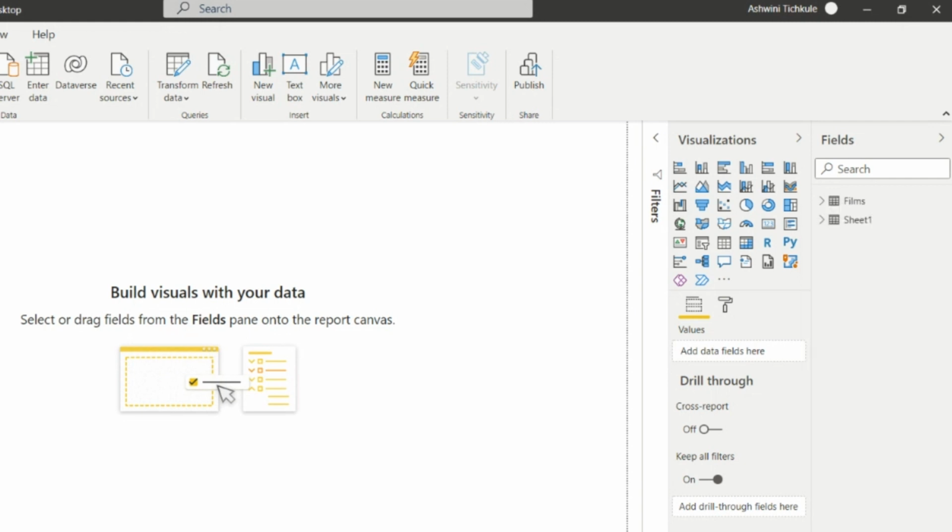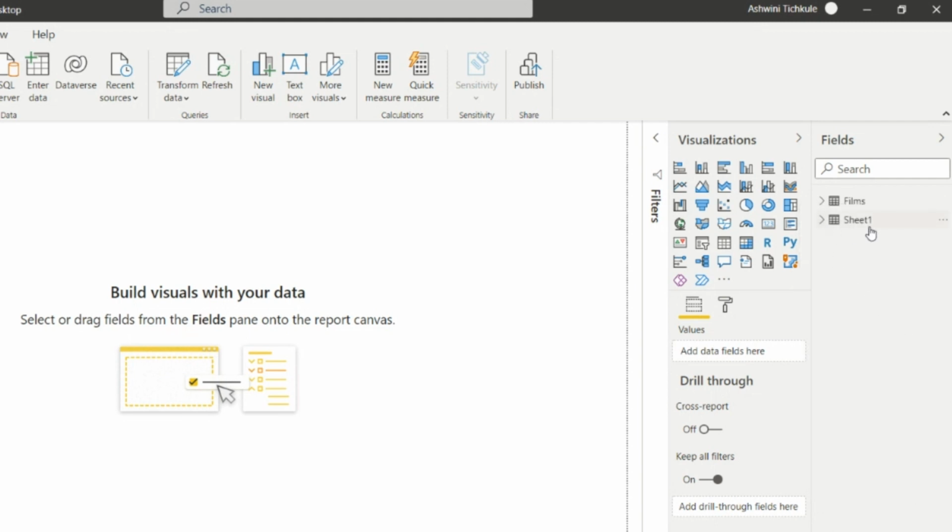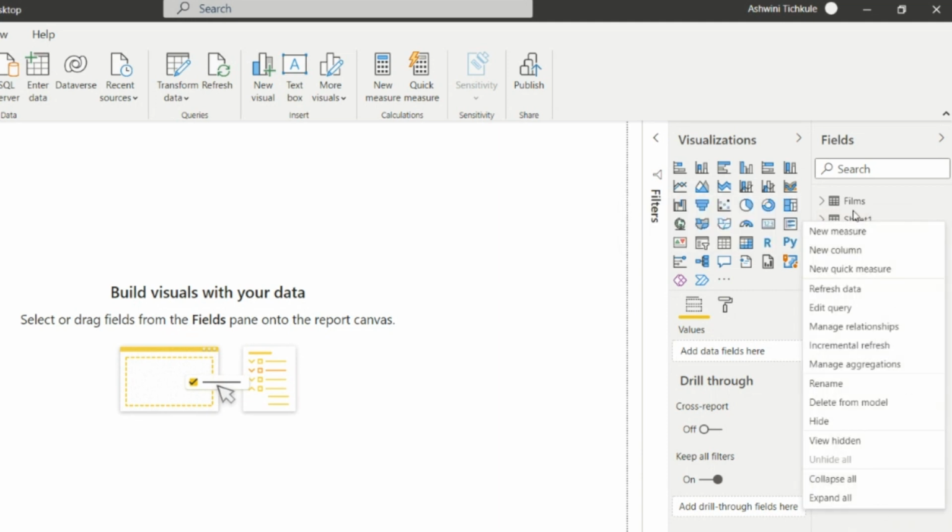If we want to create the measure or the new column in a particular table, then we have to go to that particular table's ellipsis and click there, and then that table will get the measures and the columns. If I want to create in the second table, then I can click here and create.